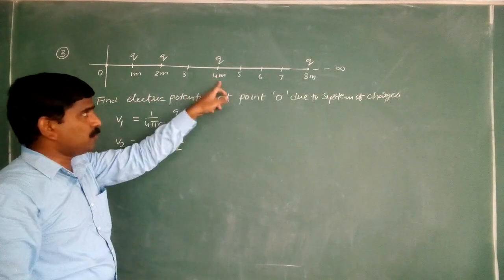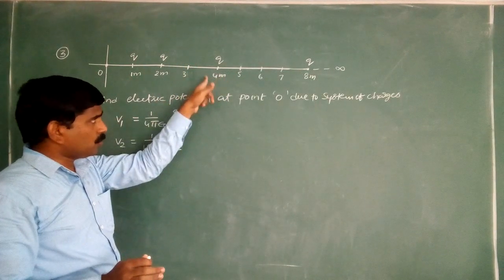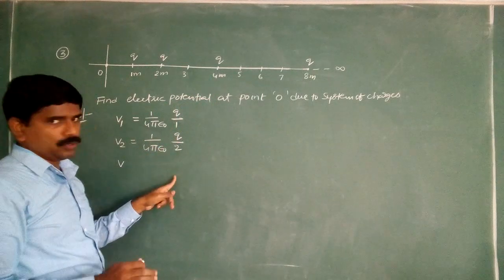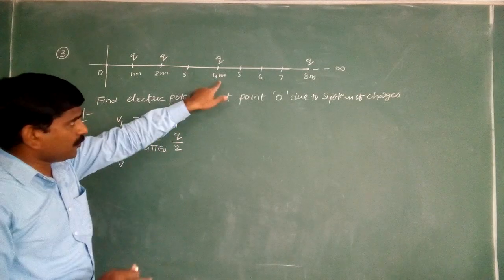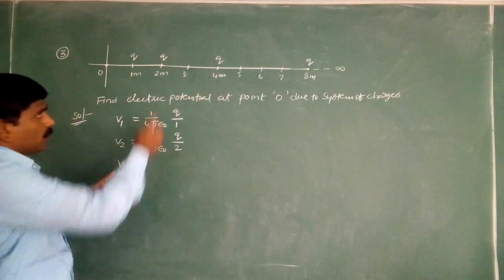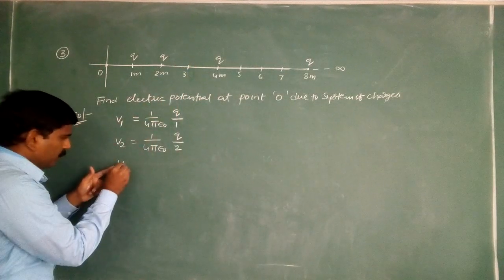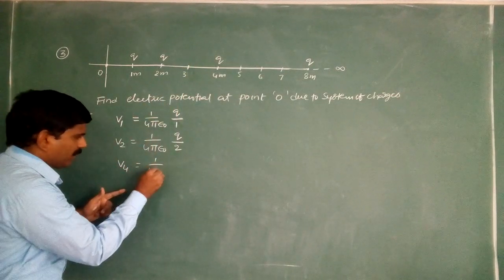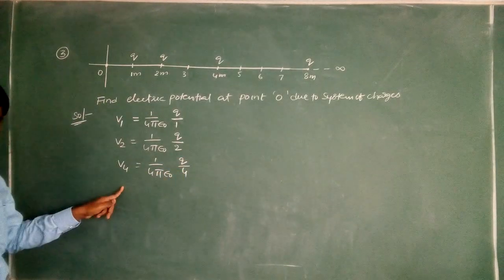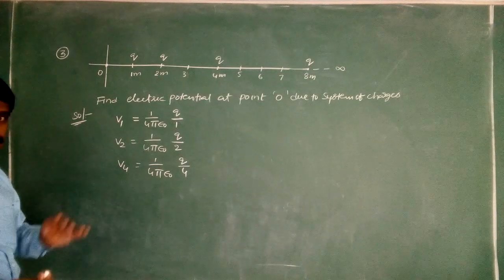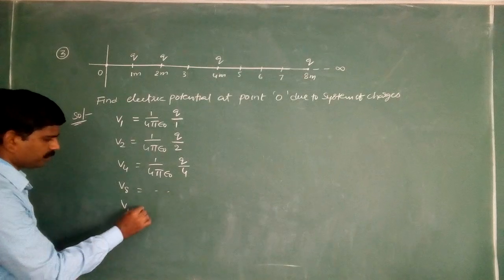V4, this is the V4. Here, if you write it V3 also no problem. That one is equal to, we are taking directly Q by 4. But for our clarity, I am giving you, this one is the V4. V3 does not exist. Why? Because here charge is not there. Therefore, V4 is equal to 1 by 4 pi epsilon naught into Q by 4. Next, which one exists? V8. Next, V16, and so on.